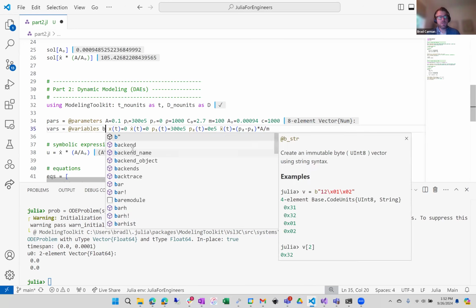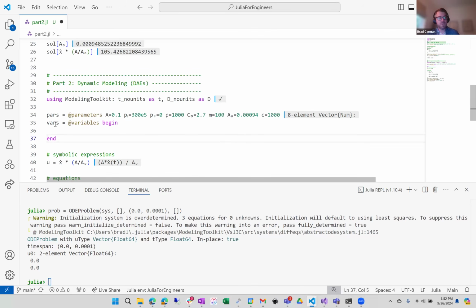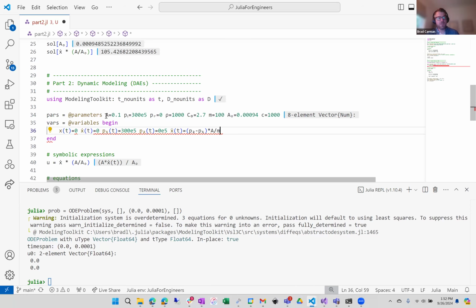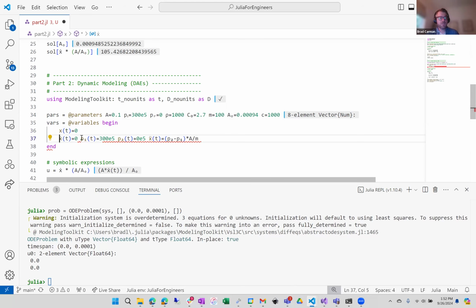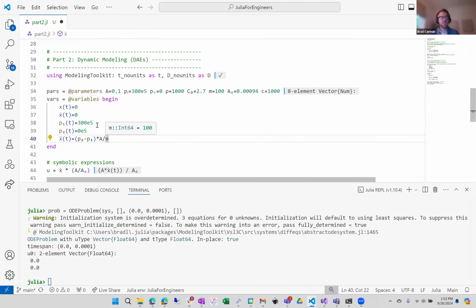So what I'm going to do is change this into a block of code, which is also something that you can do. So you don't have to list everything in one line. You can easily put this into a block of code with a begin and end. And we can go ahead and just turn this into a much cleaner, much easier to read list of variables. And what I want to do is change this into